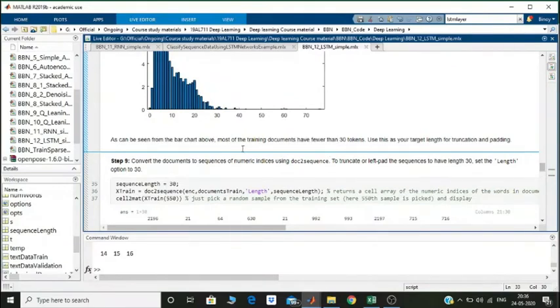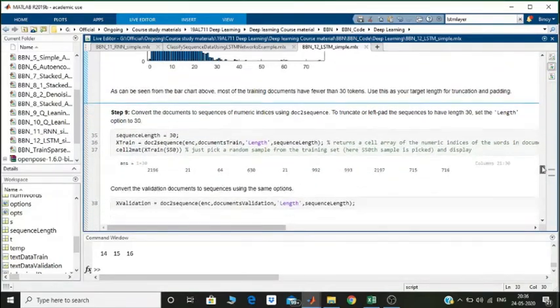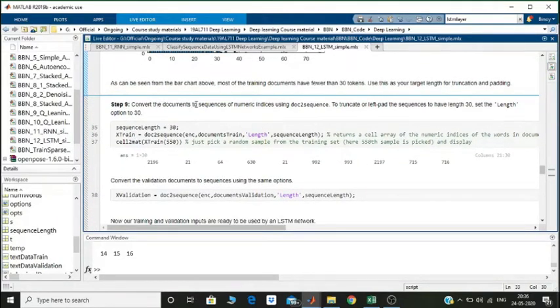So what we have done is, most of the training documents have less than 30 tokens, so we will use that. The next step is to convert the documents into sequences of indices using the doc2sequence function. We have set a sequence length of 30. The doc2sequence function, again a built-in function in MATLAB, uses the encoding that we have just done in the previous few lines on the documents in the document train variable, and converts all of them into the sequence length.